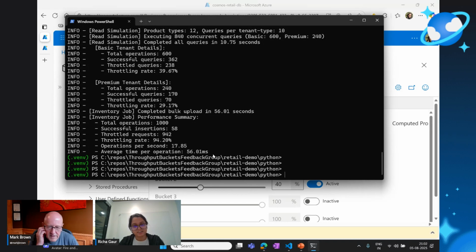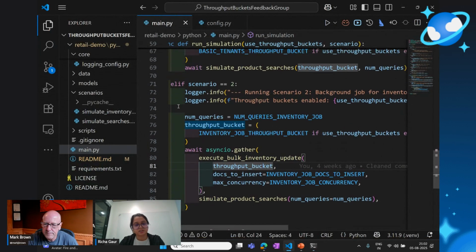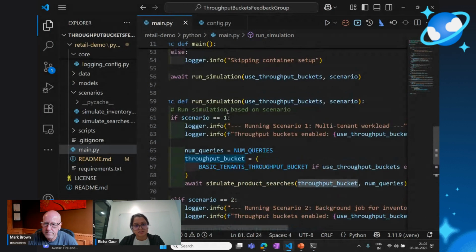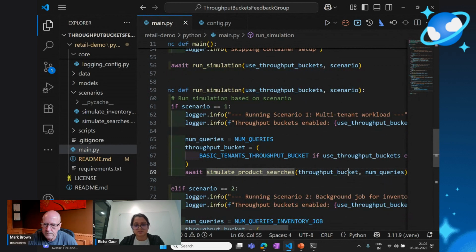Can you show, so this happens, you apply this throughput bucket at the container instance level, or can you show me in your code how, where you apply that? Yeah, sure. So let's see the first scenario first. What we are doing is we are simulating product searches and we are passing throughput bucket if it is enabled for basic